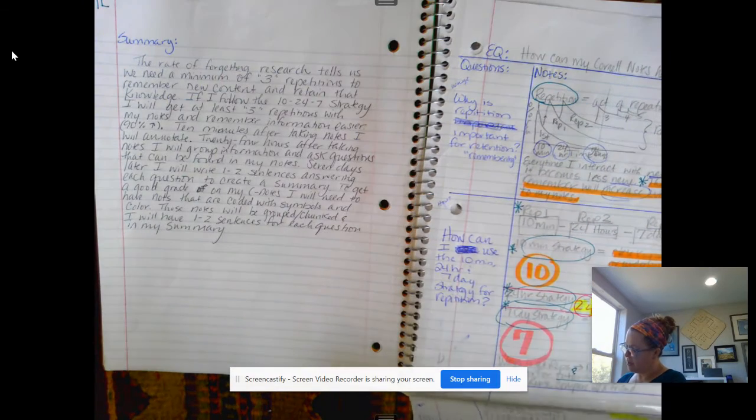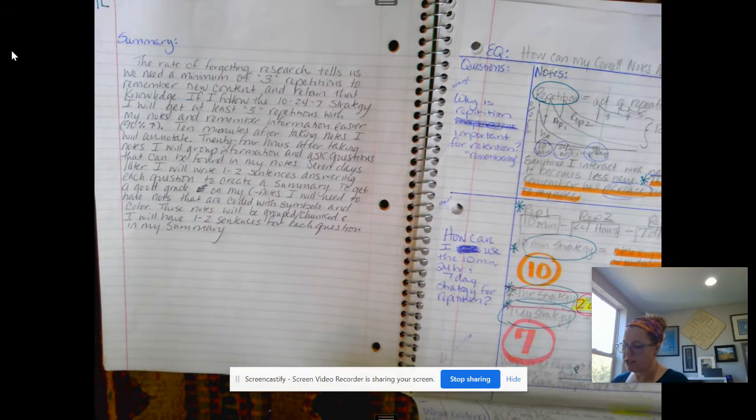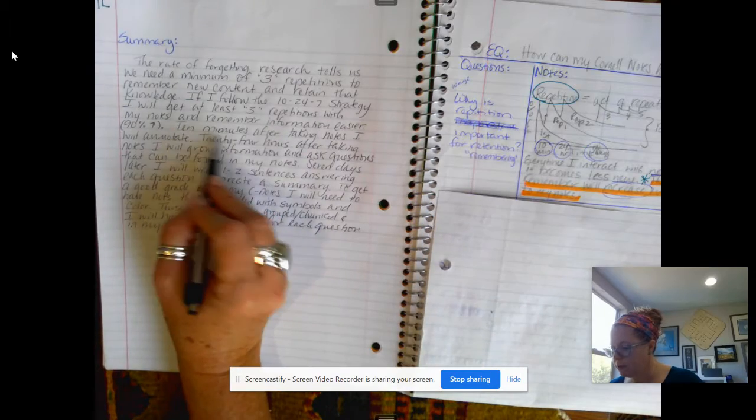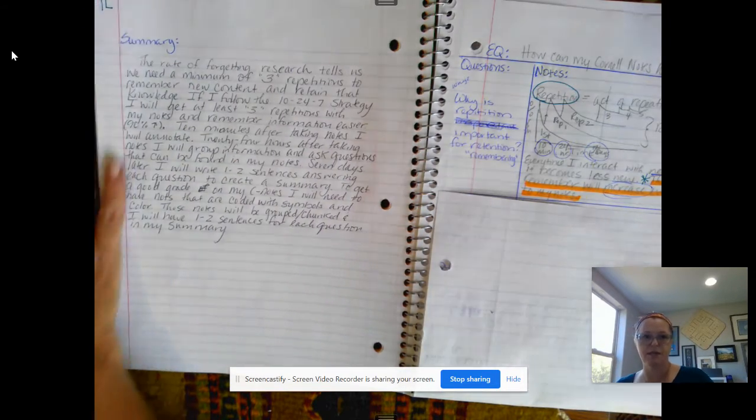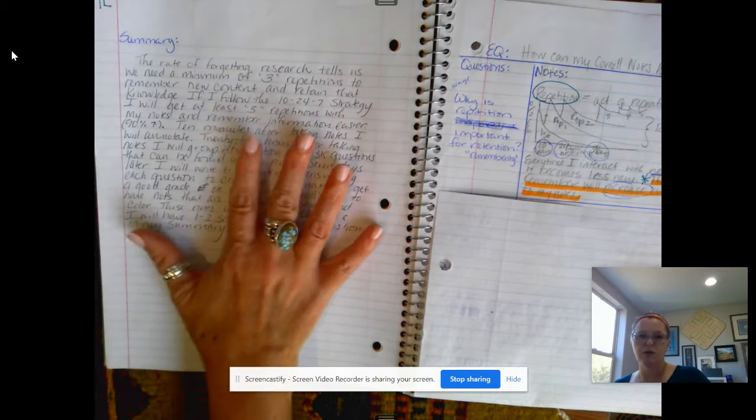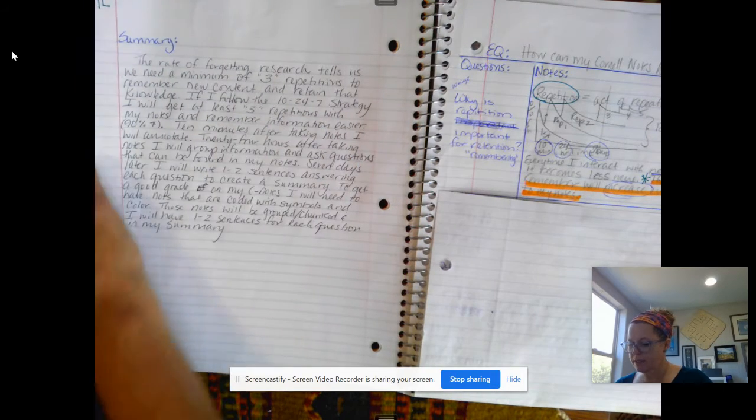And down at the bottom, I have when do I do each strategy. Actually, I have already put that in my notes, so I don't have to add that to my summary. It's here. So this is how you write a summary. And then I would say that down here,